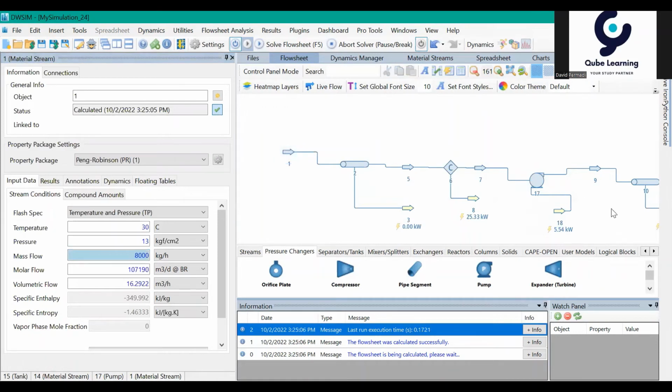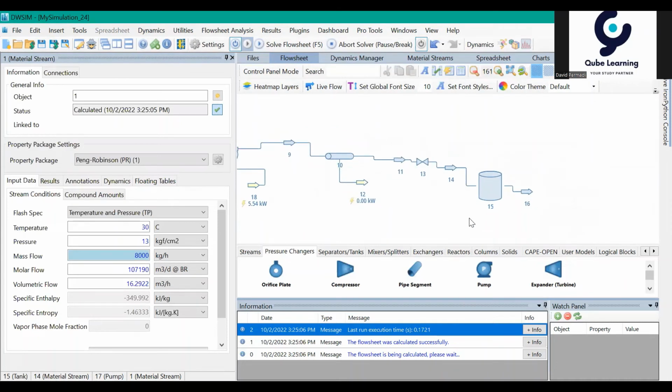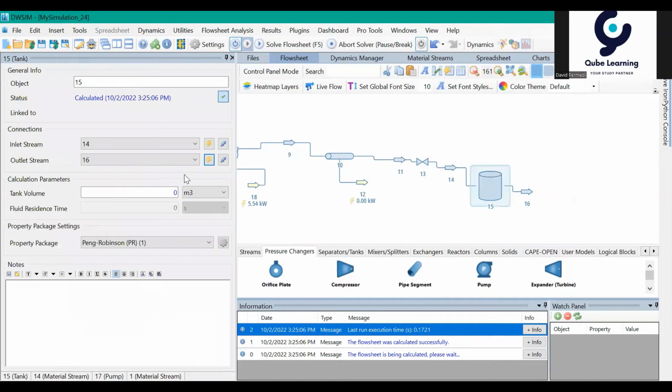Okay, 8,000 kg per hour. As I mentioned earlier, because we have to define our tank volume, this is just preliminary. Maybe I just put 6. Okay, so the residence time is about 3,000, around 1 hour. As you can see here, we need to align the fluid residence time with your project